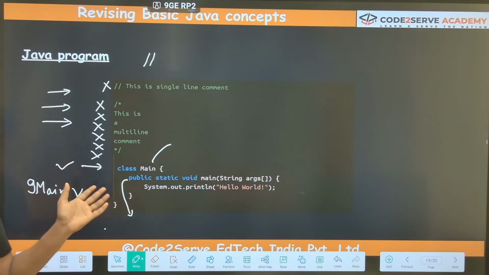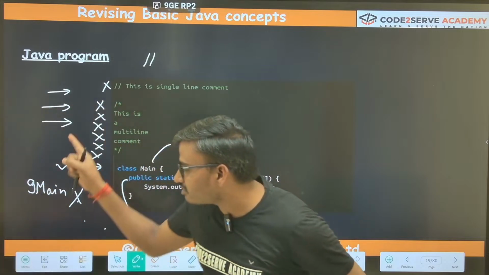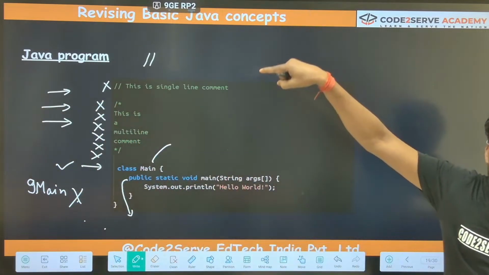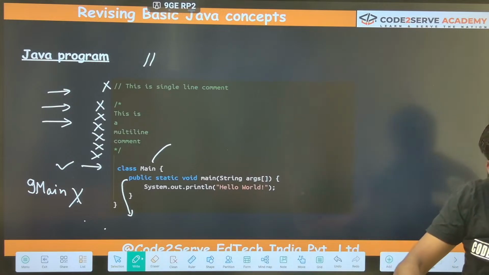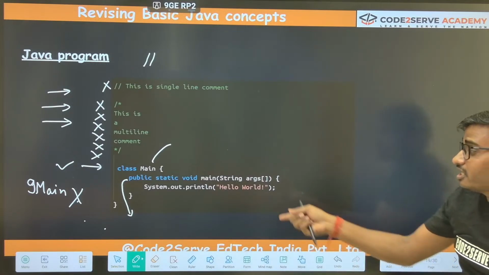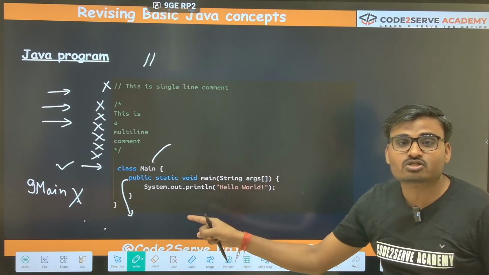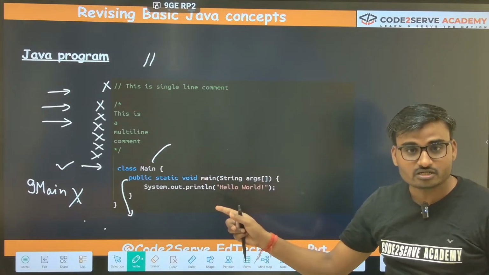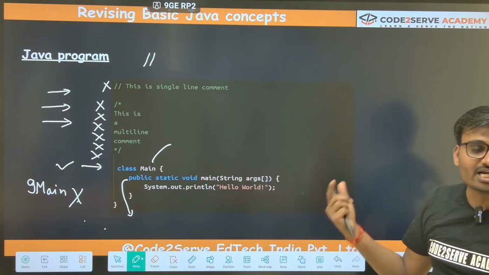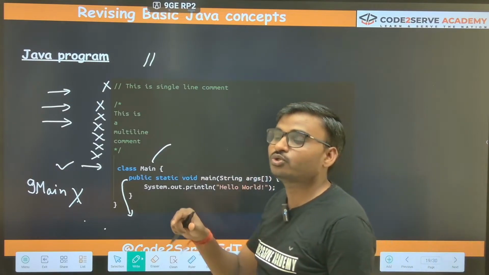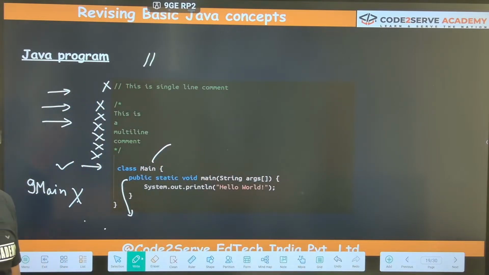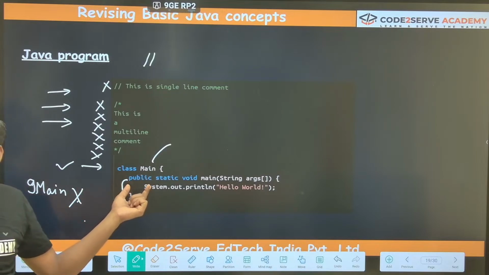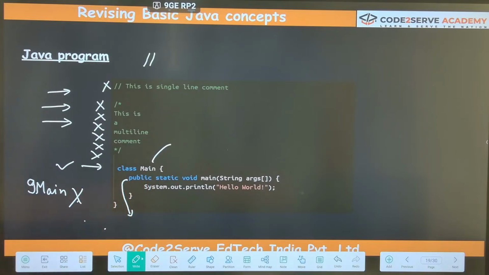Got my point? If I write private, only this class can access it. Like when I was talking about inheritance, I was showing you one class inheriting the properties from another class, right? That means it was trying to access the members of the parent or the child class. So when you write public, private, or protected, these are called access specifiers, which we'll be learning in the later lectures. For now, keep this point.